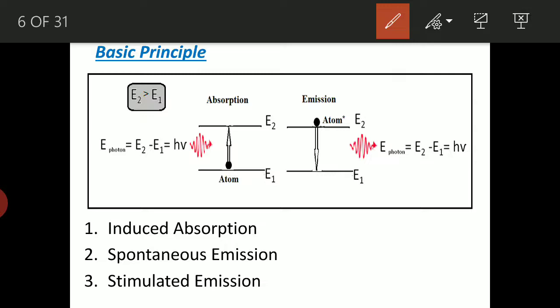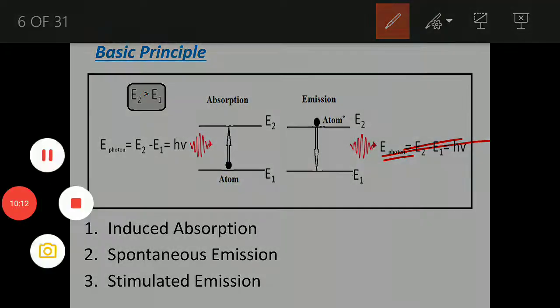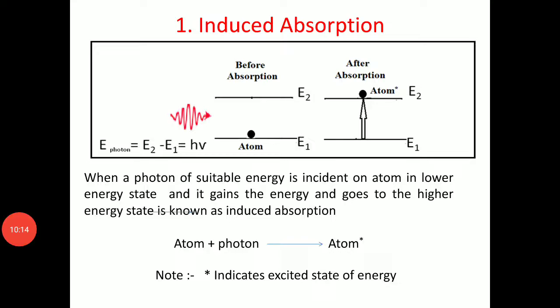Now coming to the interaction of radiation with matter. There are three ways in which the interaction of radiation with matter takes place. The first one is known as induced absorption. The second one is spontaneous emission, and the third one is stimulated emission. One by one we will try to understand what these processes are. To begin with, the induced absorption,